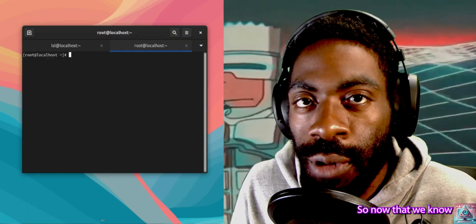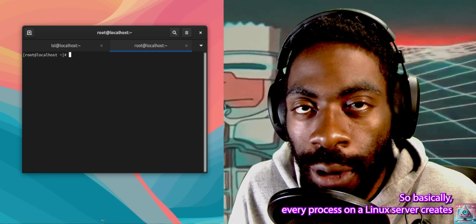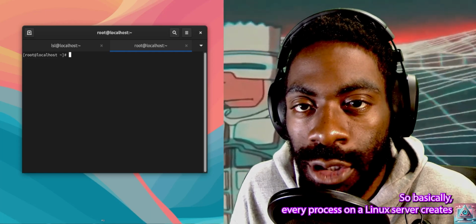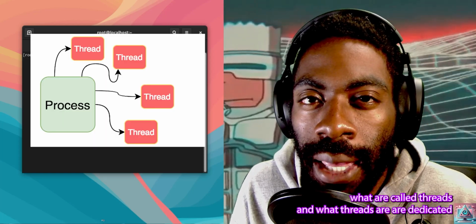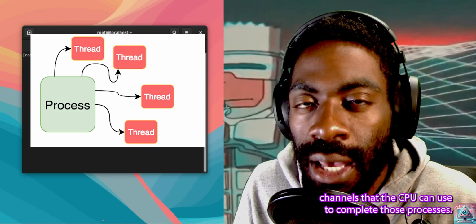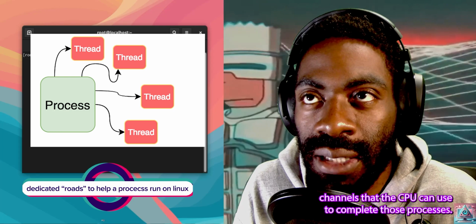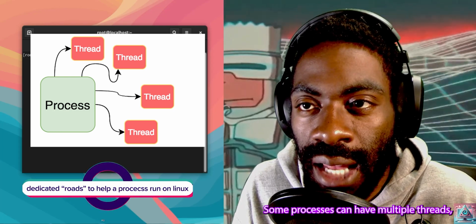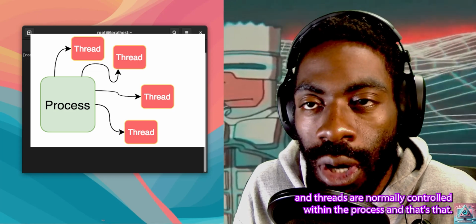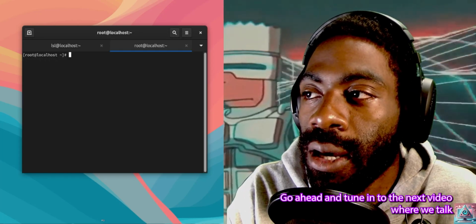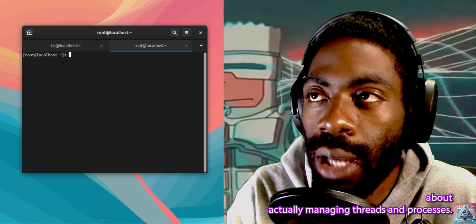All right, so now that we know some basic terminology, let's talk about one more thing. Basically every process on a Linux server creates what are called threads. Threads are dedicated channels that the CPU can use to complete those processes. Some processes can have multiple threads, and threads are normally controlled within the process. And that's that. Go ahead and tune in to the next video where we talk about actually managing threads and